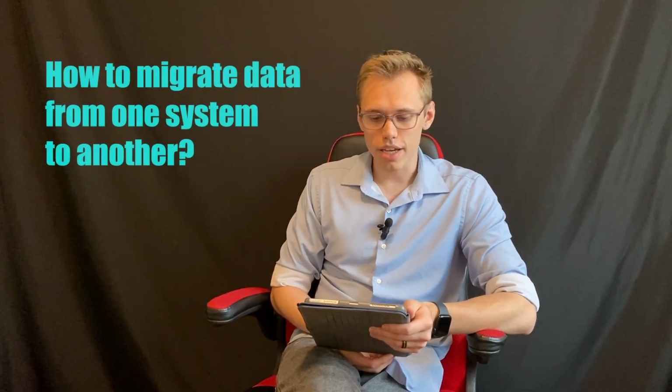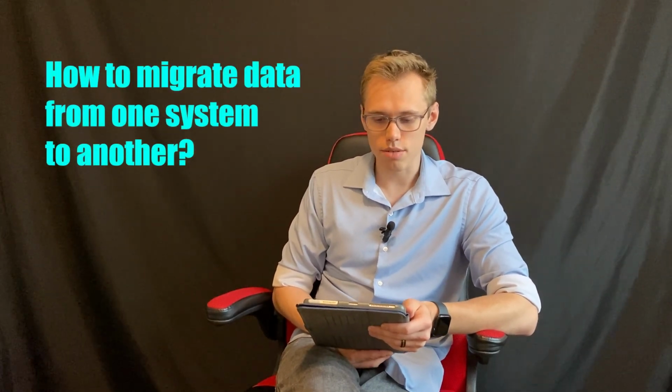Question number three, this one's a big one. How to migrate data from one system to another. This is a massive undertaking if you're transitioning things like an ERP system. But the one thing that has proven really helpful is to keep your data pools really simple at first. If you're transitioning a big product database, just take the names of the products and maybe the serial numbers, right? You want to keep it as simple as possible, because what's going to happen is you as